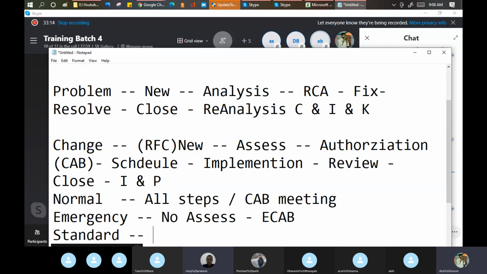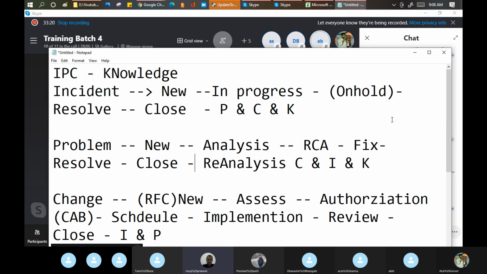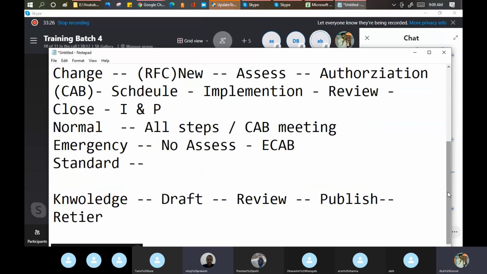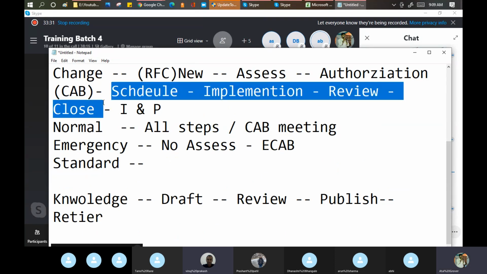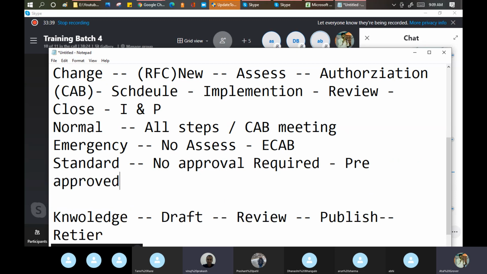Standard follows a new process and this one. No approval required, pre-approved, and low risk.